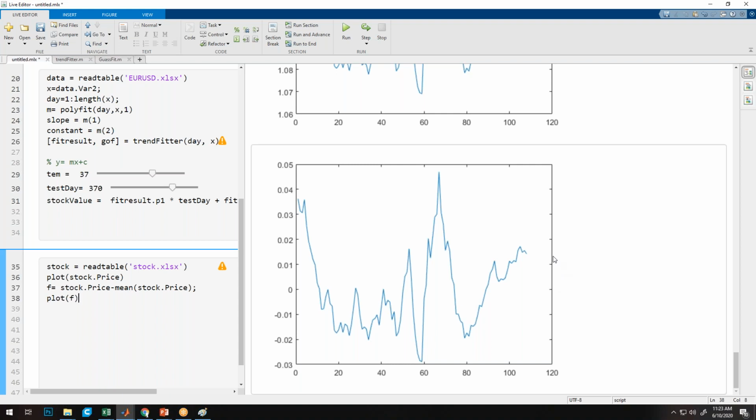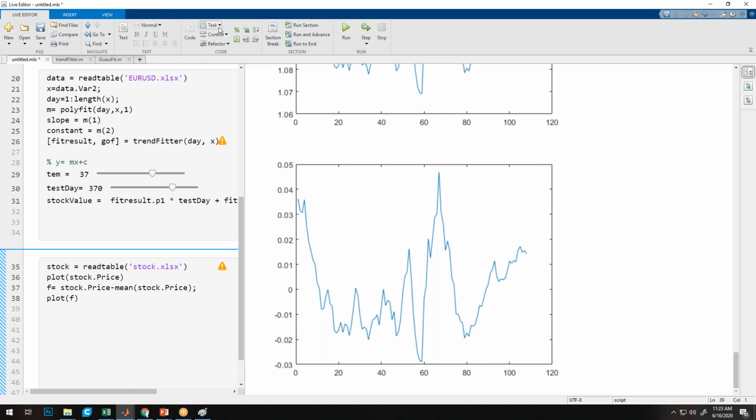Now in this example, I would like to show you some data processing, like how we can smooth out the data. If we consider this case only, then we have some spikes which we want to reduce and get this one. This we can achieve using the Task feature in the Live Editor.